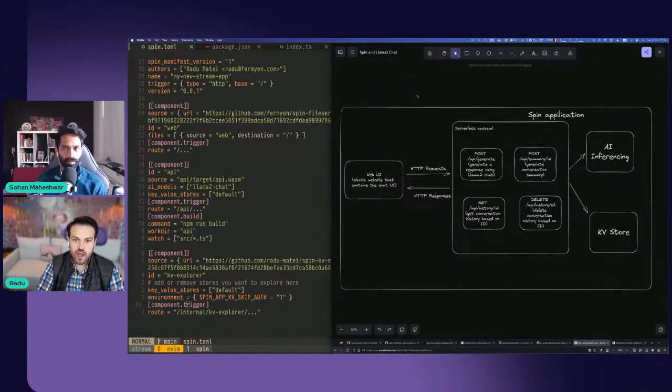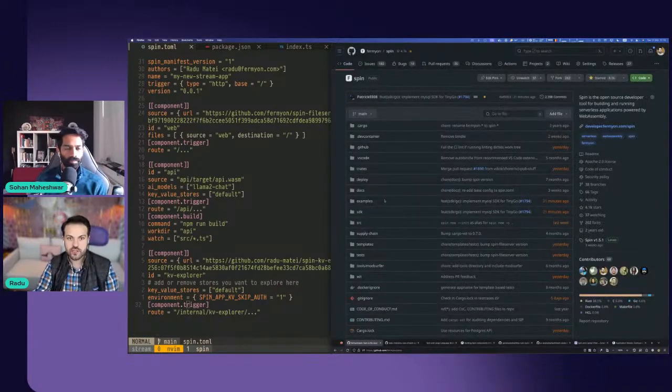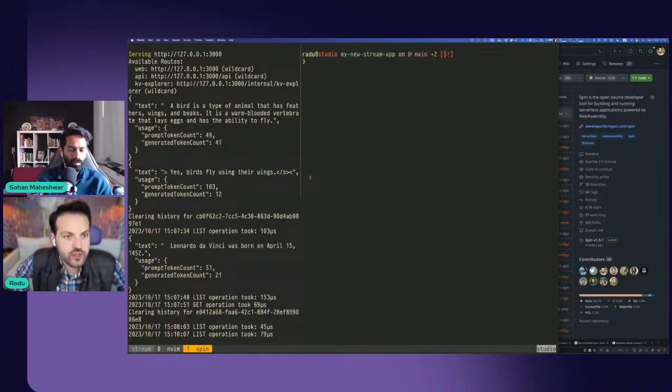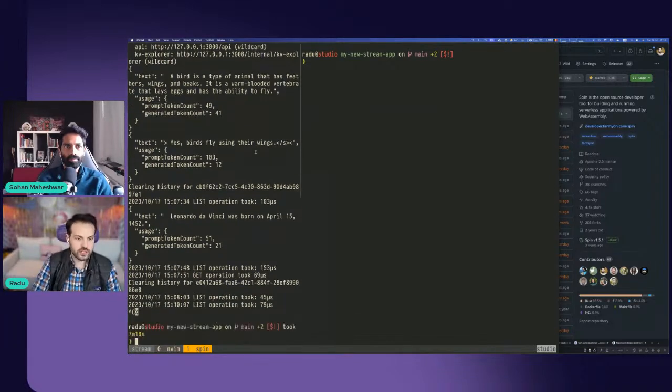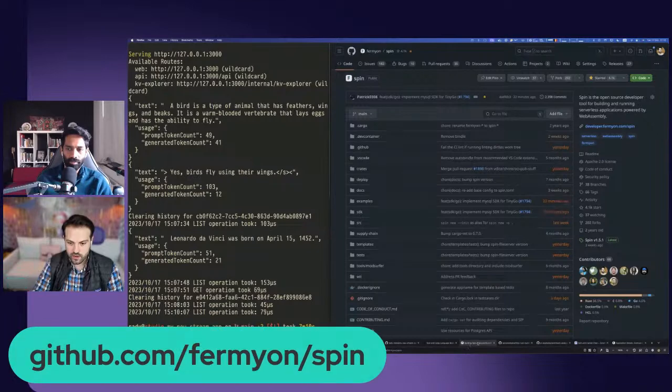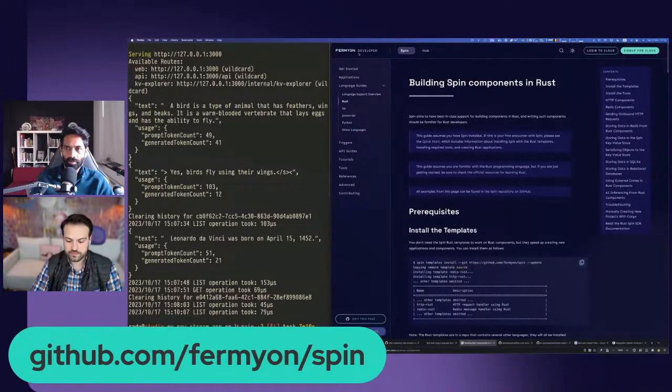So as I mentioned, we're using Spin. If you go to github.com Fermyon Spin, you'll find the open source project that we're going to use. And today we're going to use Rust to create a new component. So let's go through that process. If you want to follow along, you can find the documentation in